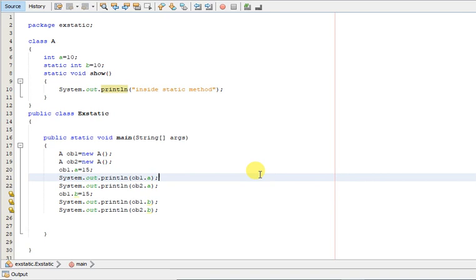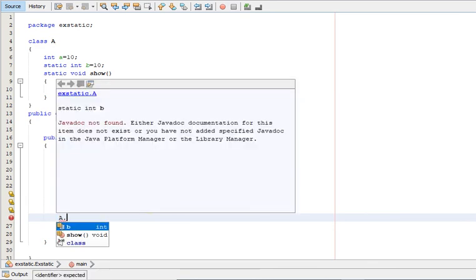So static members can be called by the class name. No object is needed to call the static members. So here I am trying to call this static method using the class name and not the object. Let us see whether we can do that. So the class name is A dot show.